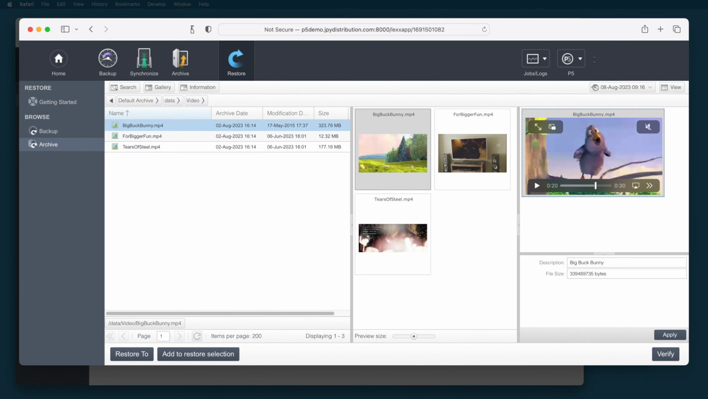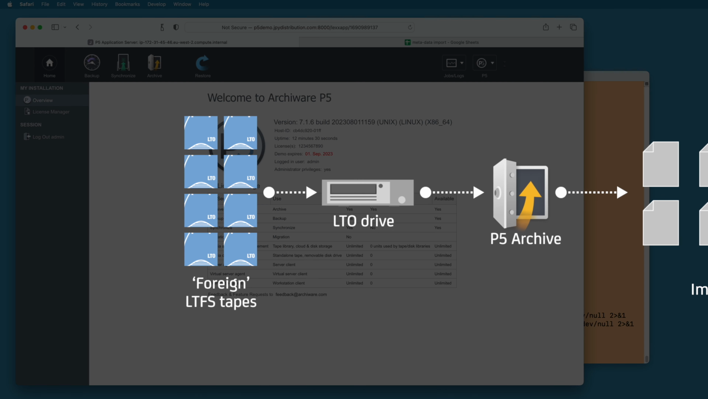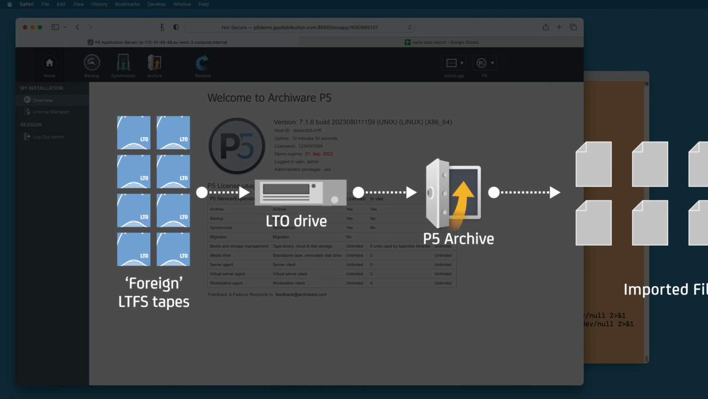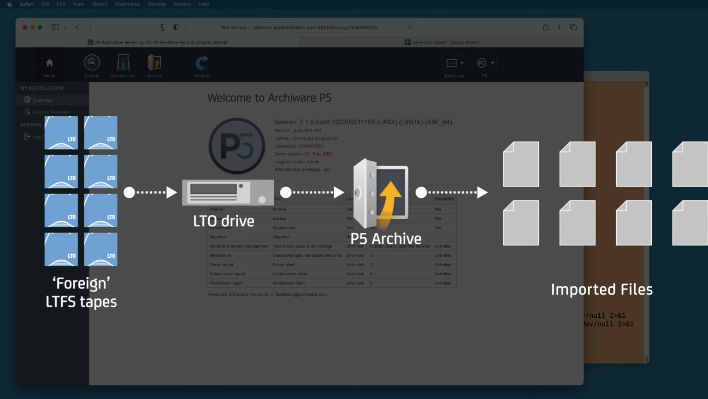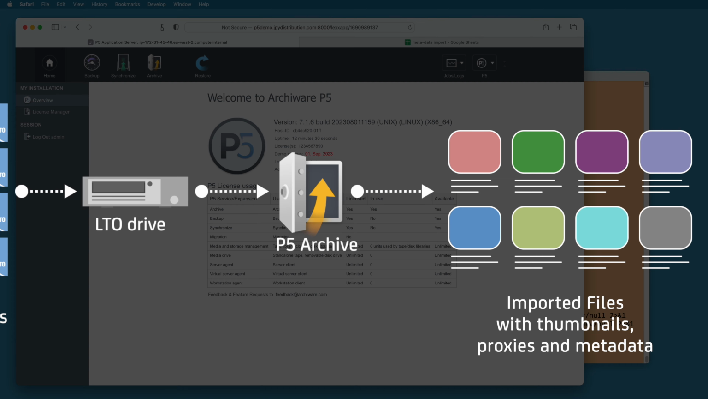So when archiving with P5 Archive, it's possible to generate thumbnails and proxies of media files, and also to import metadata from within those files at the time of archiving. But it may be that you didn't do that when you originally archived the files, or it may be that you've imported some foreign LTFS tapes into your P5, and therefore we've just pulled in the information about the files and folder structure, but we haven't included any proxies and metadata for those files because it simply wasn't available to